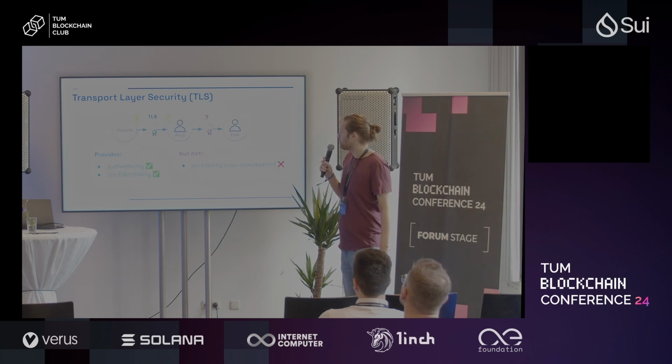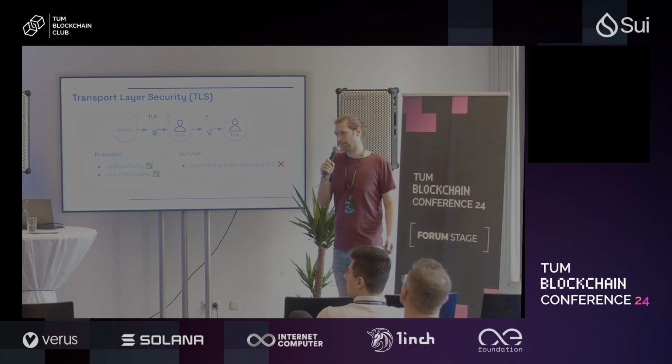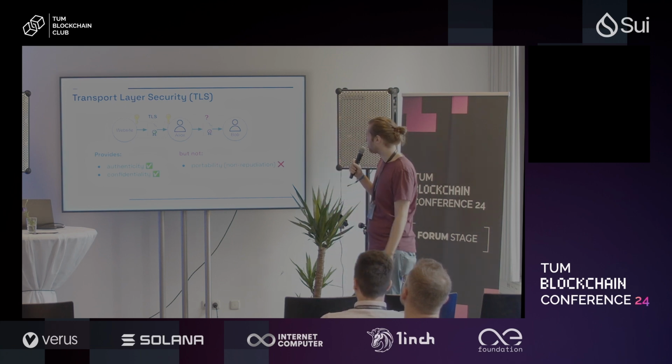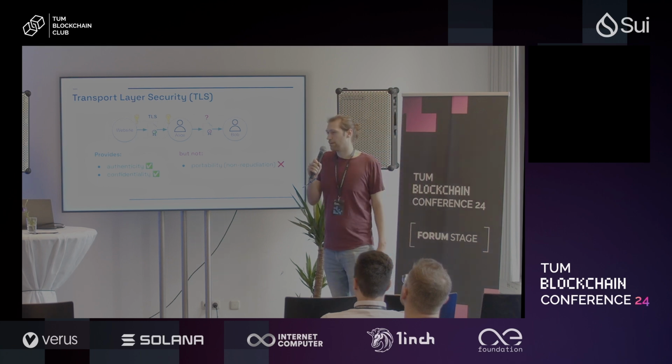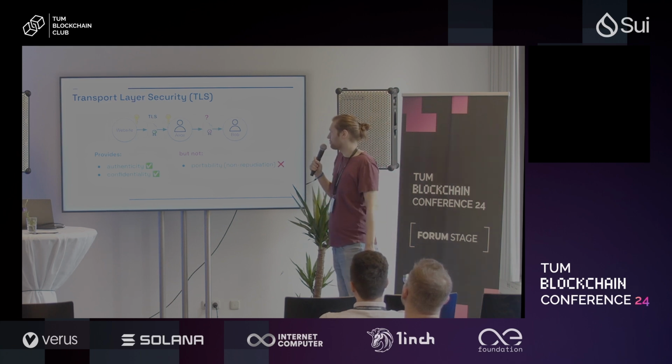Right. So what you get is this authenticity and this confidentiality, but what you don't get is portability of your data, like I showed in the beginning, right? And this term in cryptography goes by non-repudiation, which basically means the website can just say, oh, well, we never sent this data out. It can always say, we didn't send it. And so Bob will never be able to really trust Alice that it's really data coming from the website.